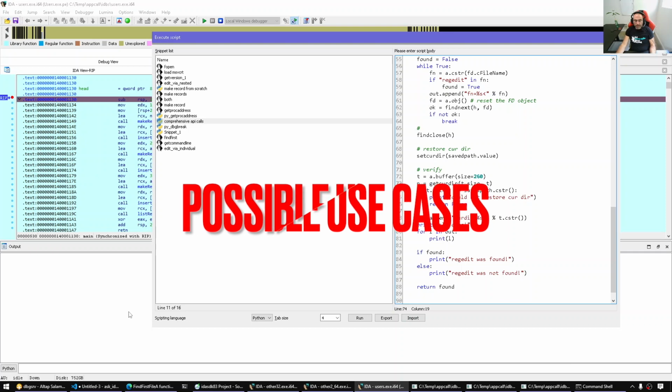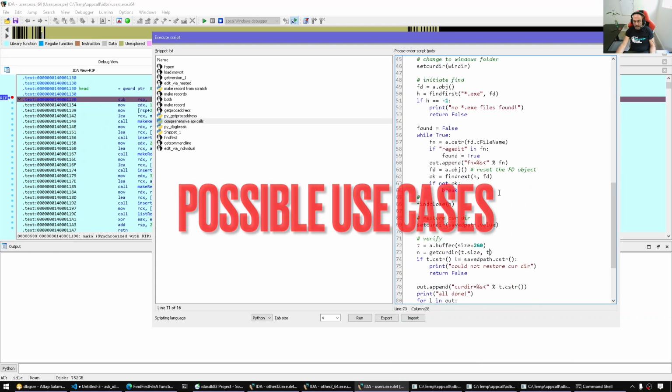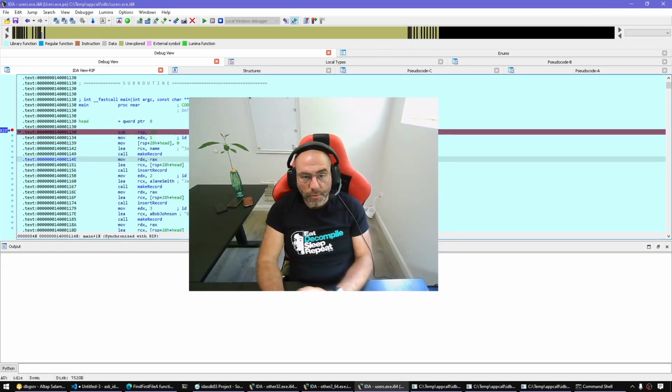Now, let me talk about some possibilities, what we can do with this kind of stuff. There are so many things you can do with Appcall. For example, fuzzing, DLL injection, remote memory allocation, changing memory protections, and so many other things, really. I hope by now you can internalize the utility of Appcall. Going forward, there are more topics we can talk about